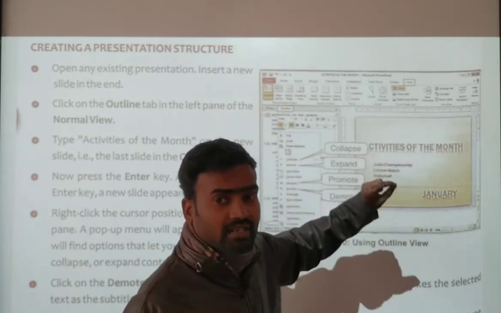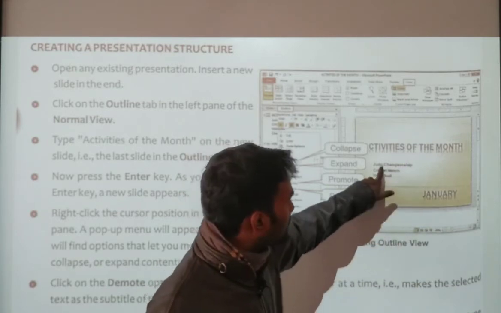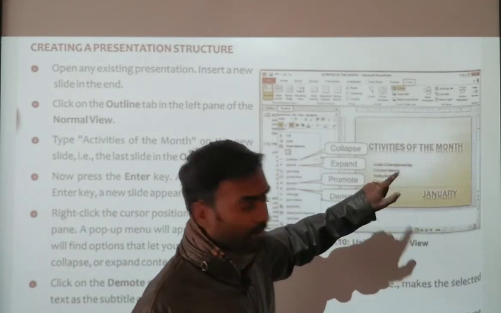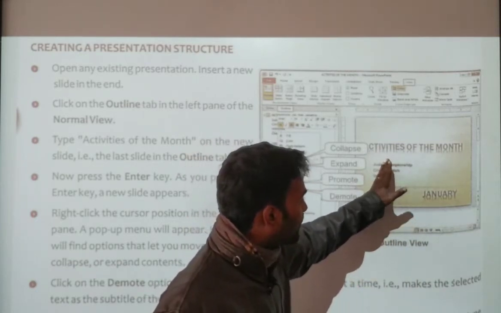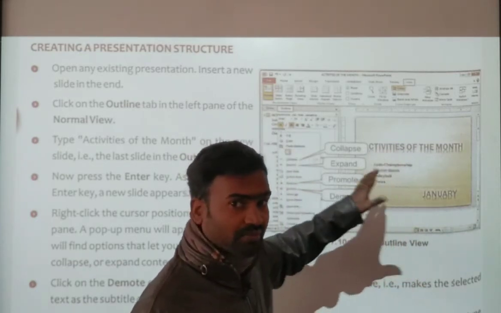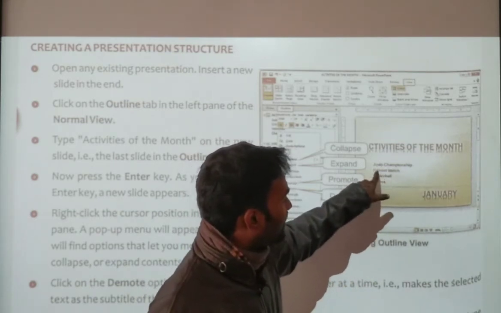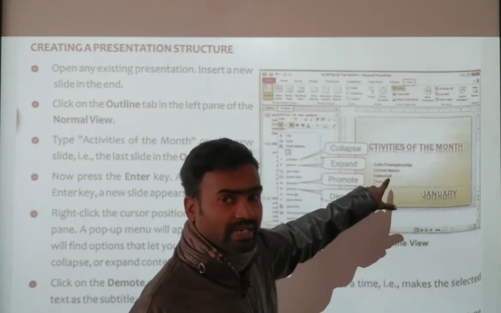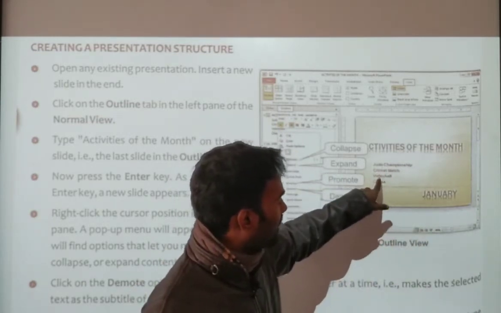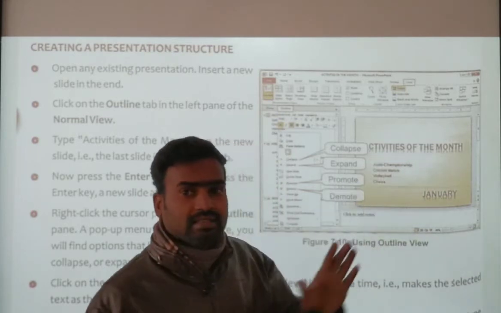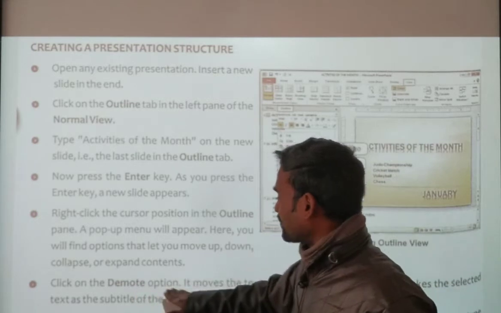But if you want to write in detail about each one, what are we supposed to do? This has to become one title, this has to be another title. So we have to give a title for each slide. When we demote it and enter it, all this will become one slide, and then we can add some more titles, I mean body text, we can type it, and this will become another slide, and this also will become another slide. All the text will become separate slides. That's what they say here, the demote option.